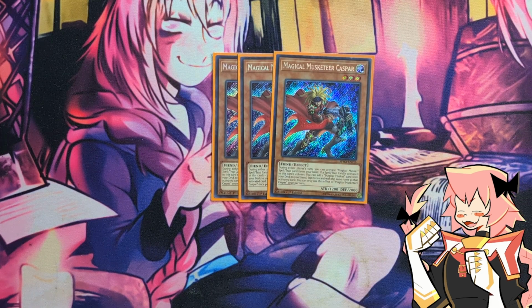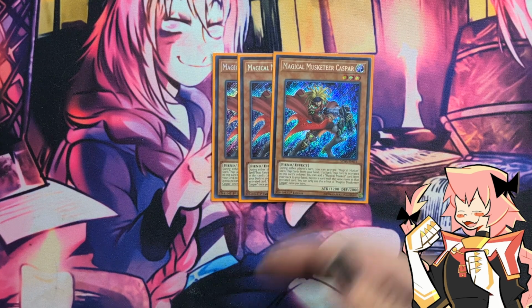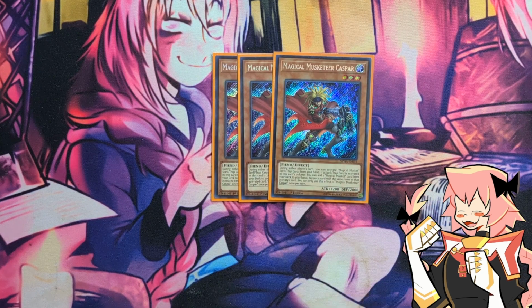Caspar allows us to add a Magical Musket card from deck to hand, except for the one that we activated in column. So if we activated a musket card in column and then activated Caspar, we just can't add that same one we activated underneath of it. But this card is incredibly powerful, and then all muskets also have the effect where we can activate the Magical